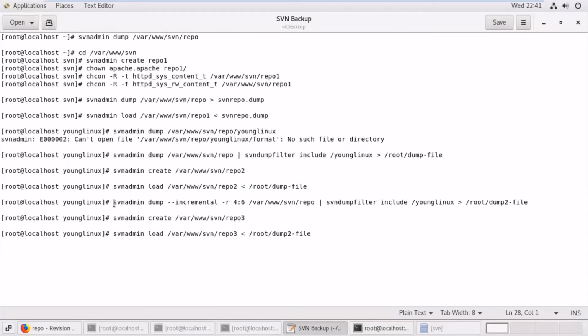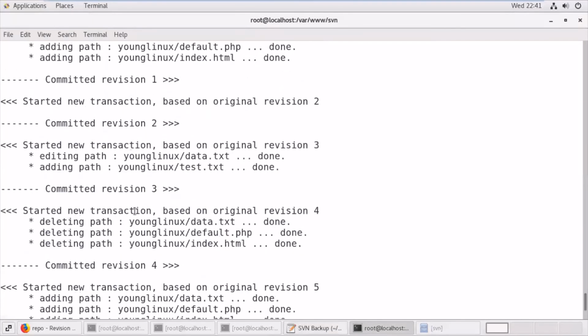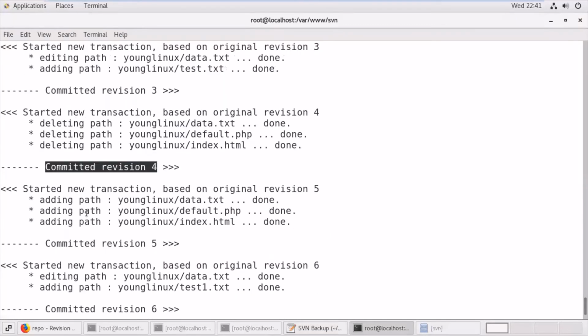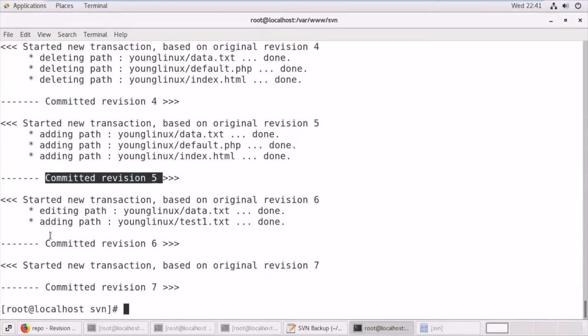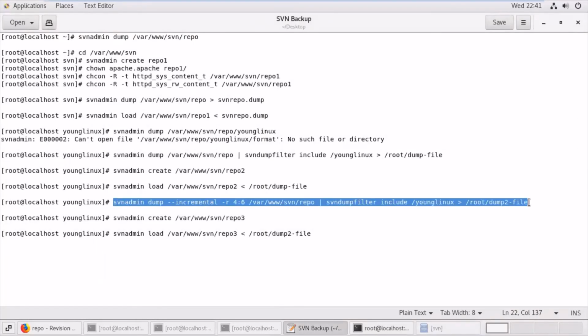Now let's learn how to take the incremental backup, because here it is showing all the revision versions from 1 to 7. Suppose I want to take revision versions from 4 to 6 or from 4 to 7. Suppose I need an incremental backup. I don't want to take a complete backup of the particular project or repository.